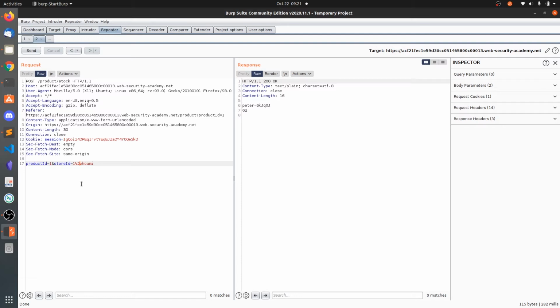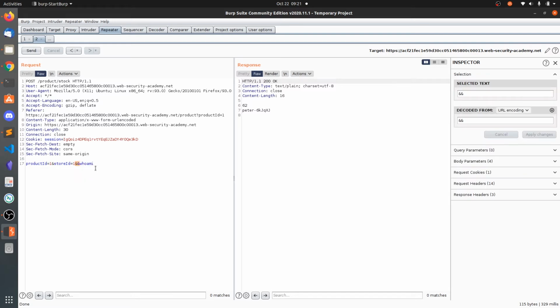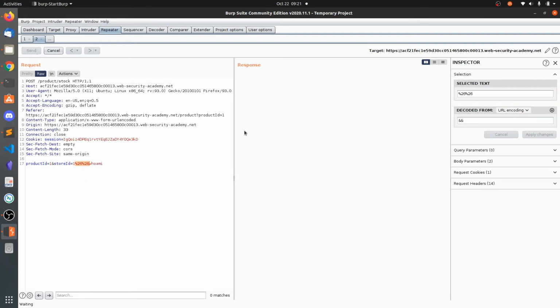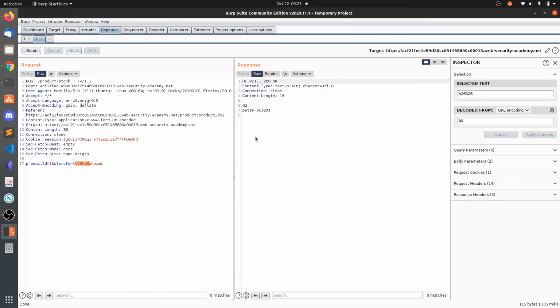Okay, you can also test something like %0a. This is the new line. Sometimes you can get the execution. So here we got the execution. You can also put double ampersand, also URL encode that one, and you got the code execution. So here you can put the reverse shell and get the reverse shell.